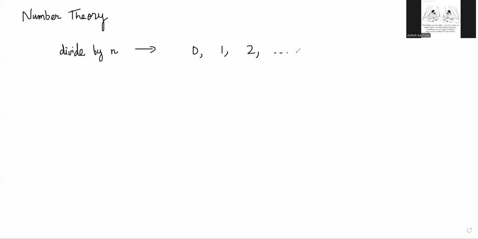We saw that let's say we divide a number by n, then the remainders can be anything from 0, 1, 2 till n minus 1. And these are all going to be called different residue classes,